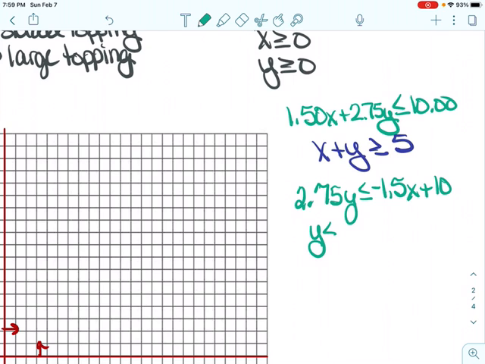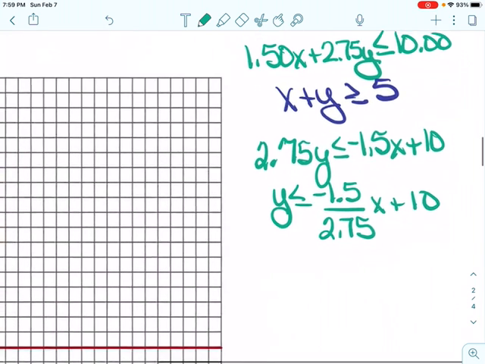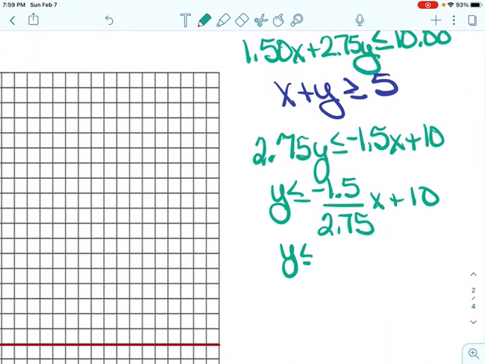Okay, we're going to divide by 275. Now, don't worry, that looks really weird. Now, how are we going to graph that? Well, I'm going to take my calculator, and I'm going to go 1.5 divided by 2.75. I'd show you on here, but then the video automatically shuts off. Okay, and I got this really weird decimal, and I'm going to press math to fraction, and I'm going to find out that's 6/11. Okay, so y is less than or equal to 6/11,